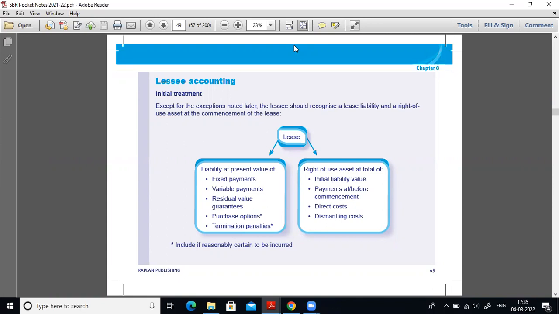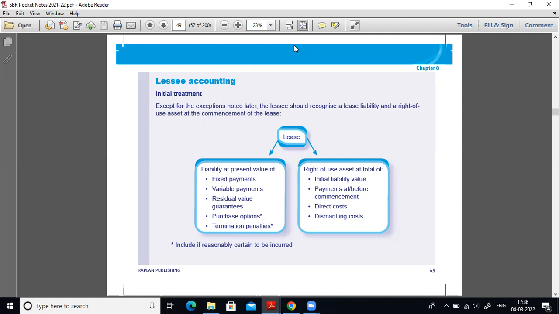Now, let me say something about IAS 17 also. Previously, we used to follow IAS 17, where in the books of the lessee, first we needed to classify what kind of lease it is, whether it is an operating lease or a finance lease. But a lease itself clearly states that there will be a transfer of control right from the lessor to the lessee. So now, as per IFRS 16, in the books of the lessee there is no requirement for such classification. If the lease term is more than 12 months and it is not a low valued asset, then we need to recognize a lease liability and a right to use asset.